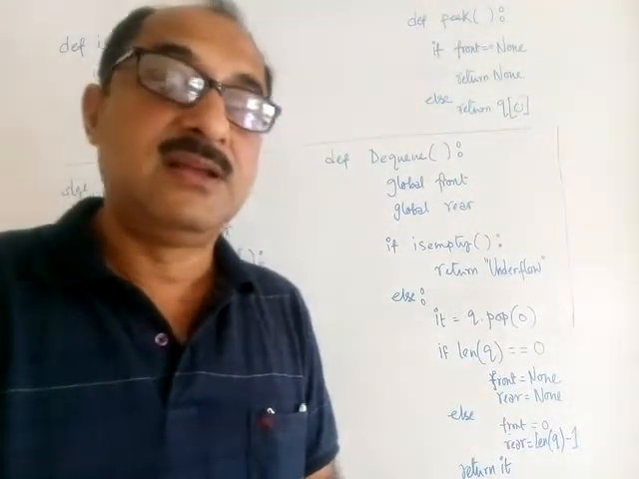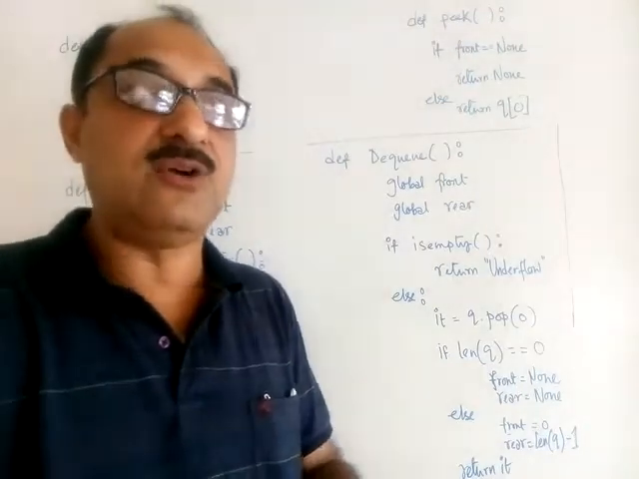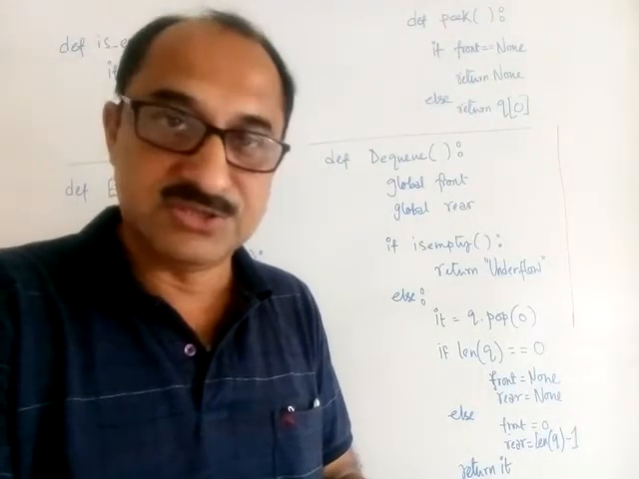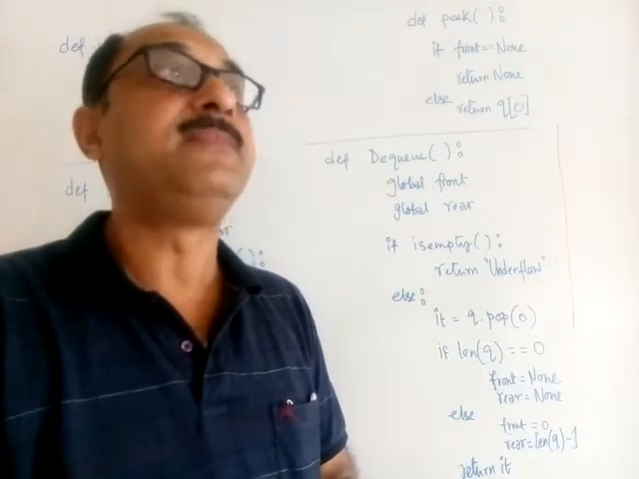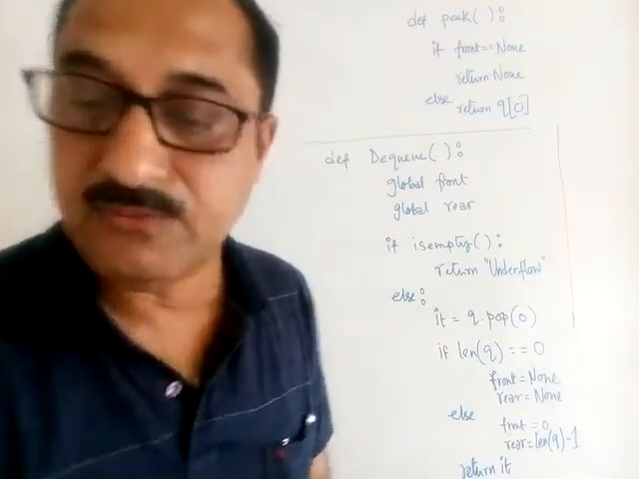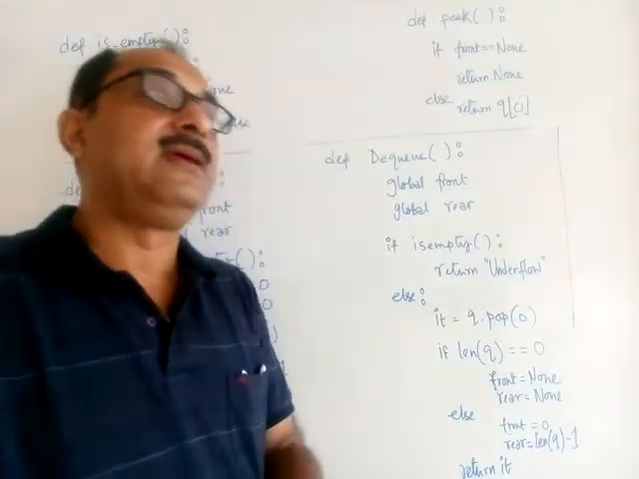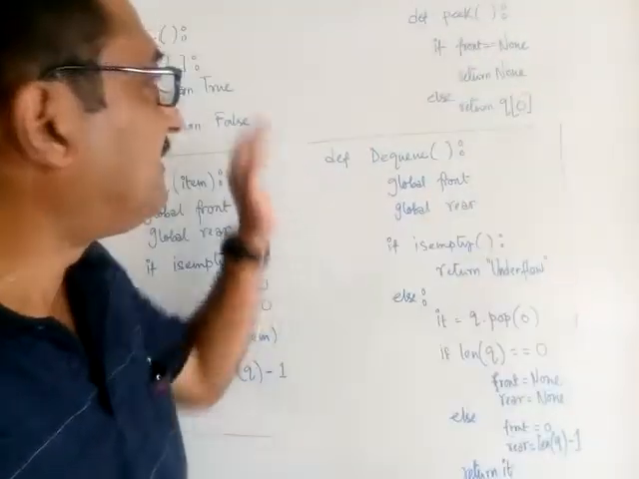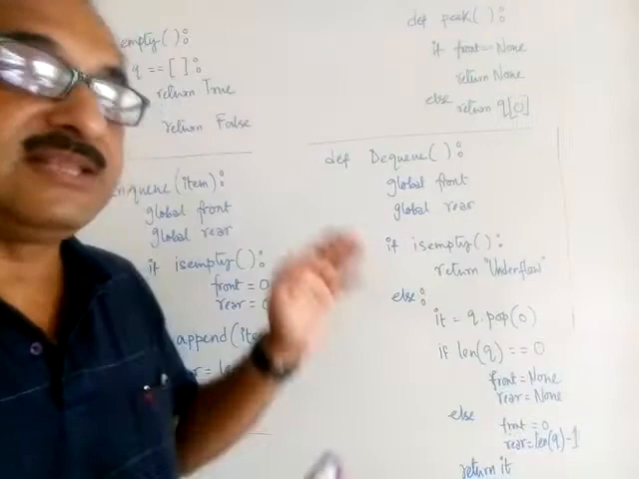Hello class. Yesterday you have seen how basically the operations on a queue are done. I explained it to you by diagram. Let us recap whatever we have learned yesterday. But one thing let me tell you, I have written the functions just like the way we have done for